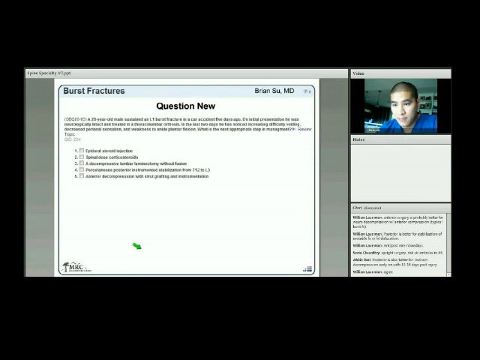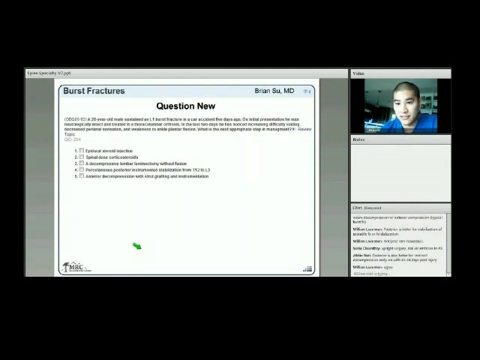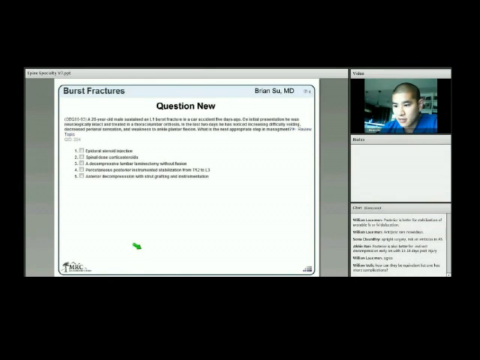26-year-old gentleman, L1 burst fracture, a car accident. On initial presentation, he was neurologically intact, treated in a brace. In the last 2 days, increasing difficulty voiding, perianal sensation, weakness. What's the next appropriate step? So right away you know increased neurological deficit